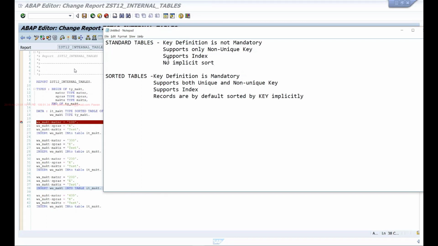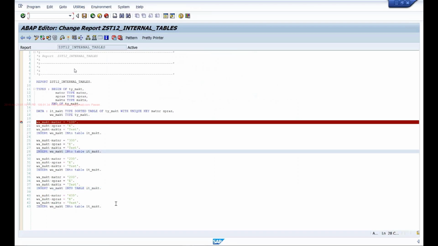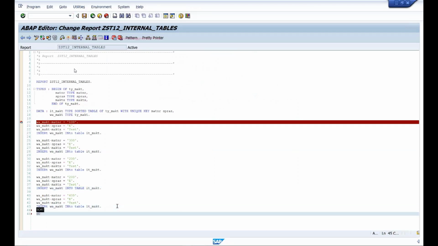If it is a standard table, then I have to use a statement called sort it MAKT by matnr. If I want to sort by matnr spras, I can do this. You cannot use the sort statement on sorted tables because they are already sorted. Whereas if I'm using a standard table, then I can use this statement to sort the internal table data anytime I want. So this is your sorted tables.